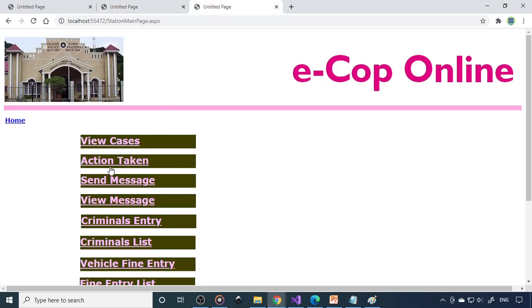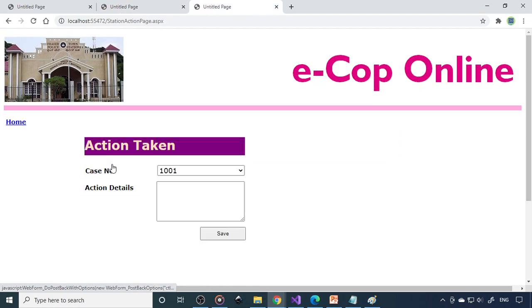So now assume that your vehicle is found, then you can take the case number. Your vehicle is recovered. Please come to the station with all the proof.